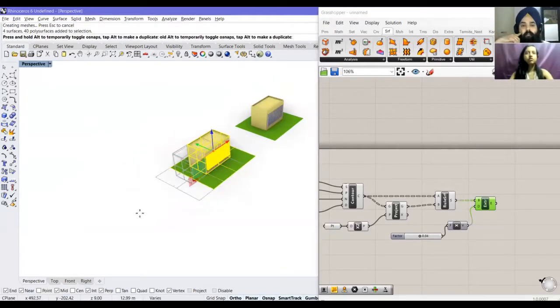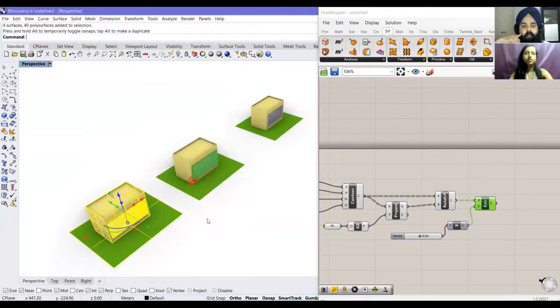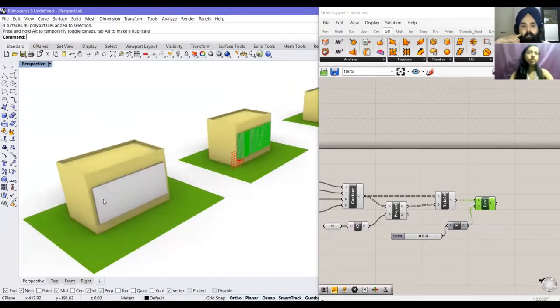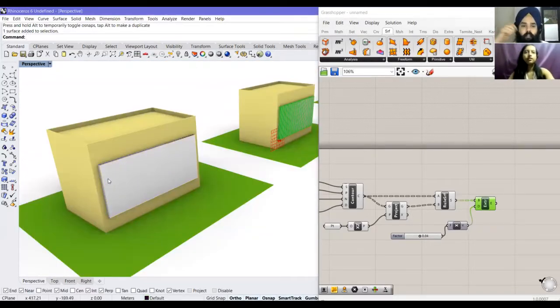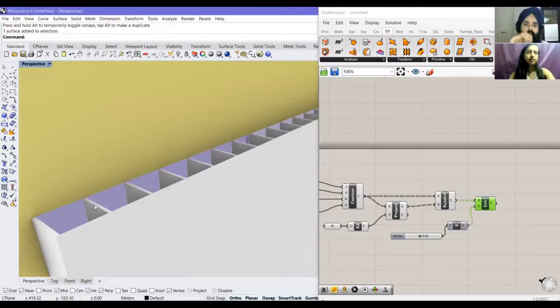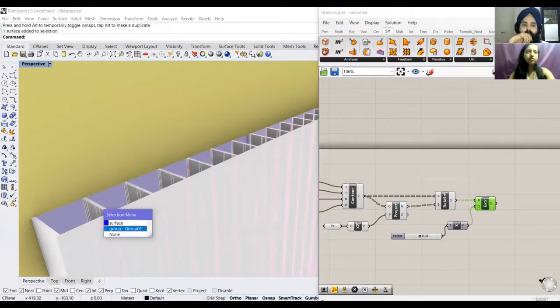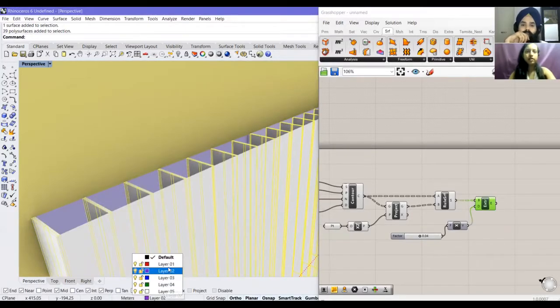So I'll just copy this here so that we can then change. What we have gotten, I'll just remove this. This was the reference surface, the top surface. It was a reference surface just to get a distance idea. So this group, I've grouped it, and I'll shift it to another layer so that we can clearly see it.